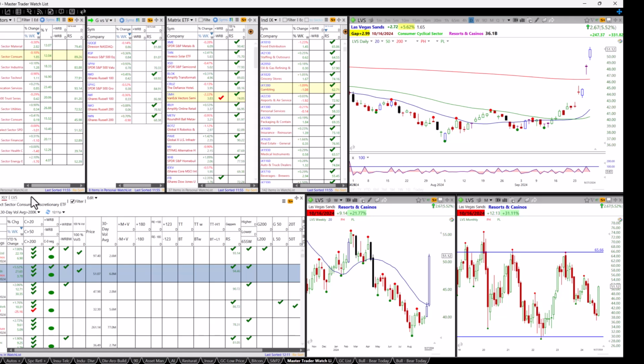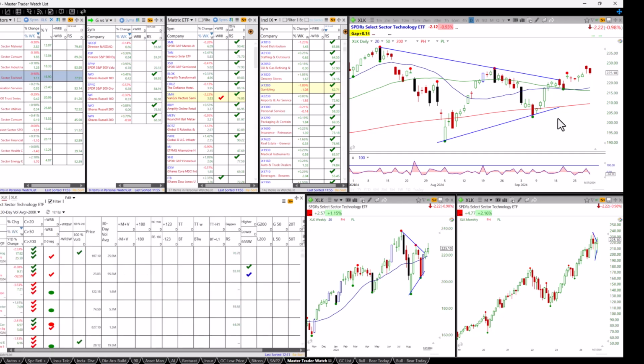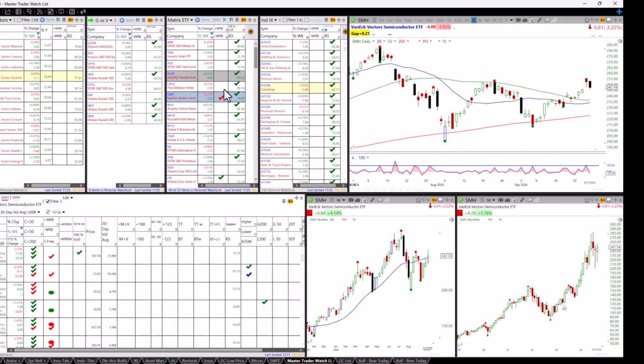So as you can see here, we can sort through different sectors like technology. Here I was talking with our subscribers about not trend lines, but about the highs getting lower and the lows getting higher and condensing, looking for a breakout, looking for this to continue to go higher. All right, we'll see how this holds up. Semiconductors, you can see here, it's got a bearish wide range bar, which was on Friday.